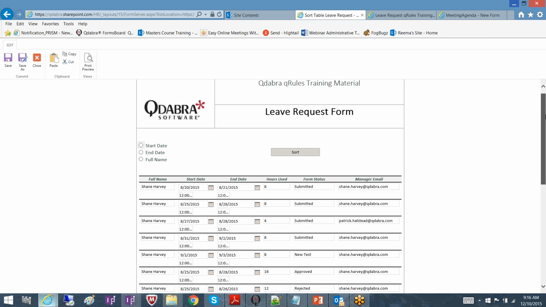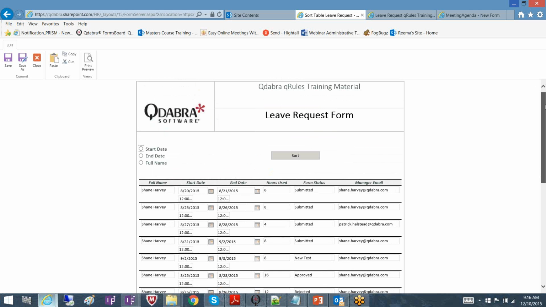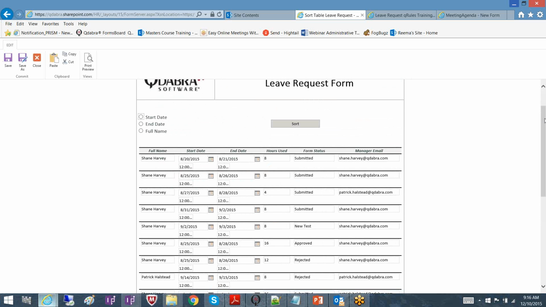So what I have done here is I have a form that gets data from a SharePoint library, and I'm displaying that data here in this format right now. And I have given users the option to either sort by the start date, end date, or the full name. So if I sort by start date, and this is in descending order, so it's gonna,